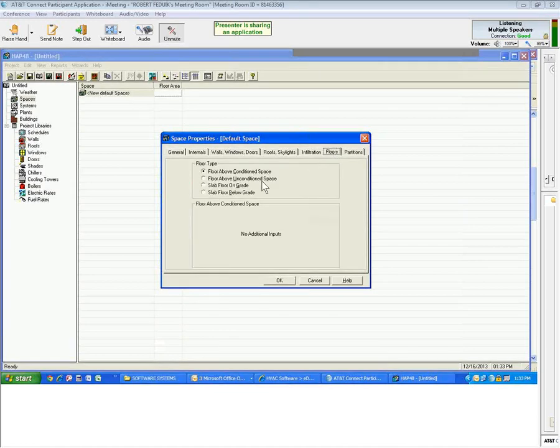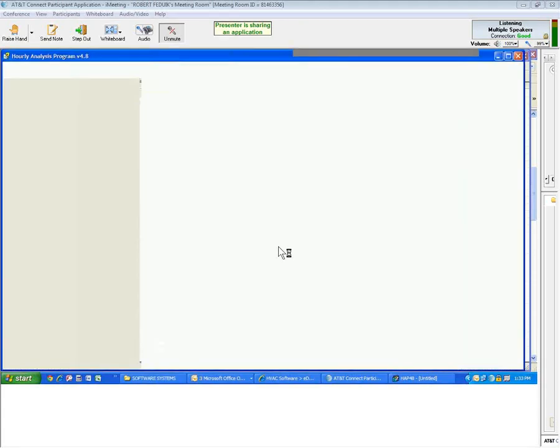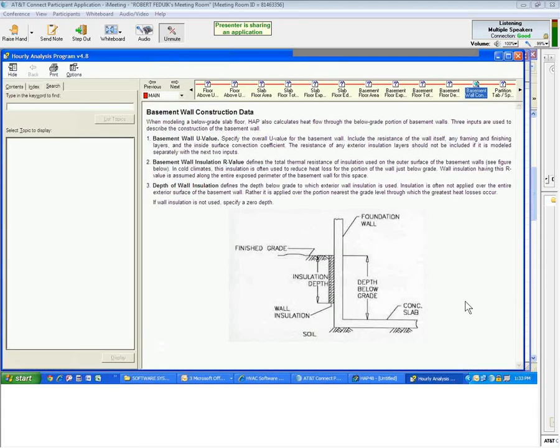Floors above spaces that are hot or cold. At grade, below grade. And if you went below grade and you wanted to read about it, I'd hit the F1 key. See that? And you get a nice picture of what's going on. And if you wanted to read more about the calculation,